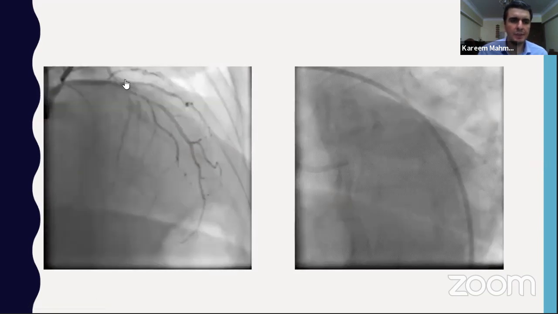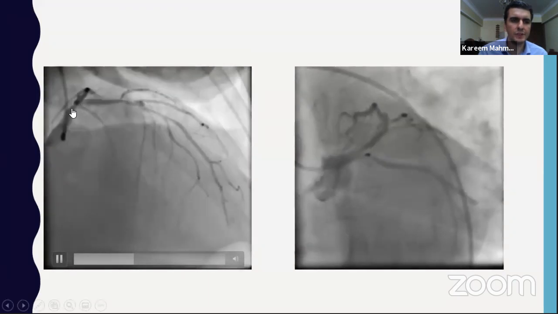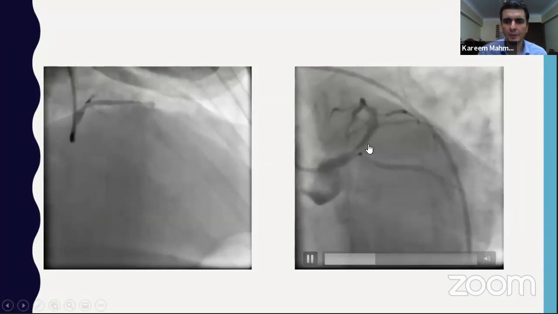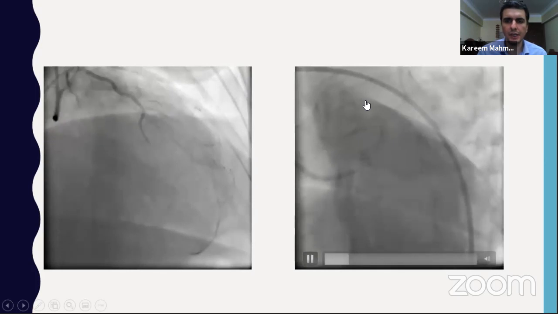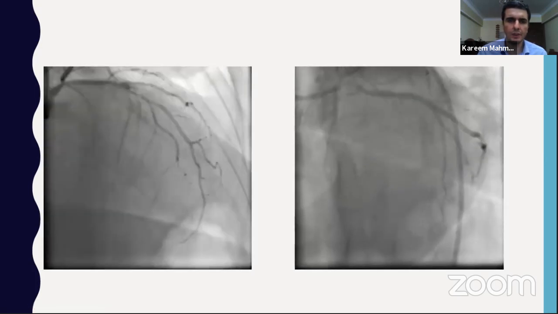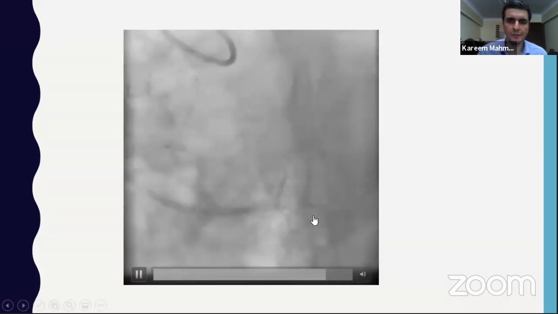And this is a better view of the proximal and mid LAD lesion, together with a significant distal left main lesion. Here you can also appreciate the heaviness present in the ostium of the LCX. And here the right coronary showed no significant lesion.